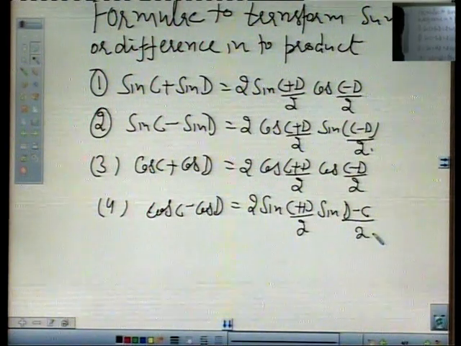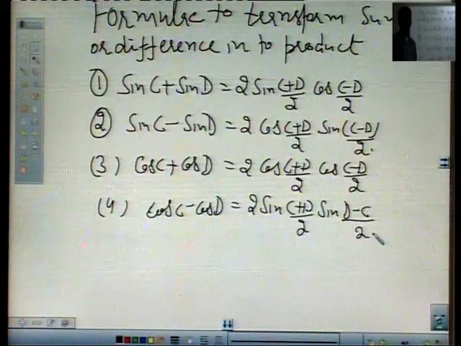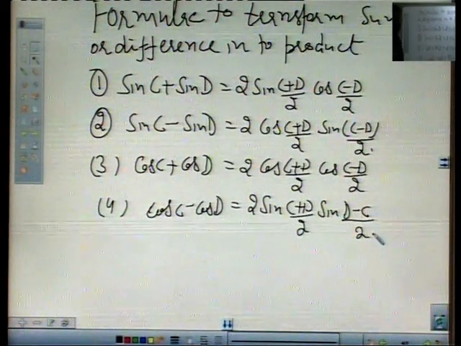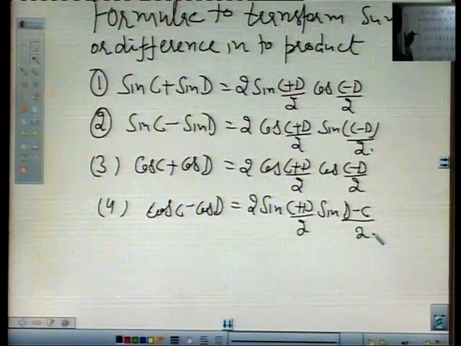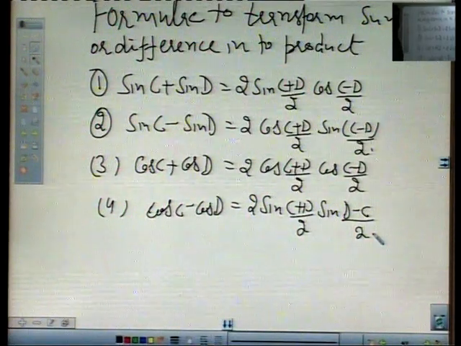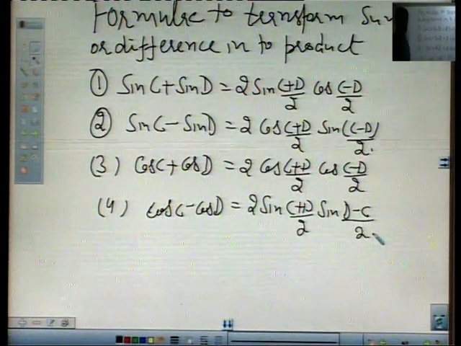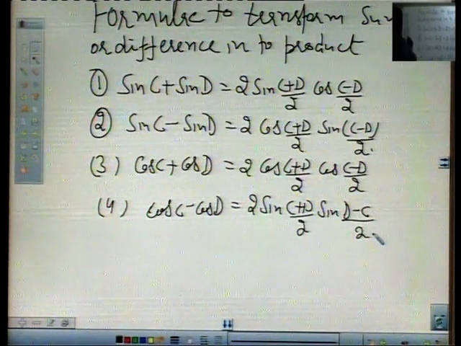So these are 4 formulae to transform sum or differences of these sine or cos ratios, sum or differences into product. Let's try some example on this formula. Based on these formulas, let's first solve for